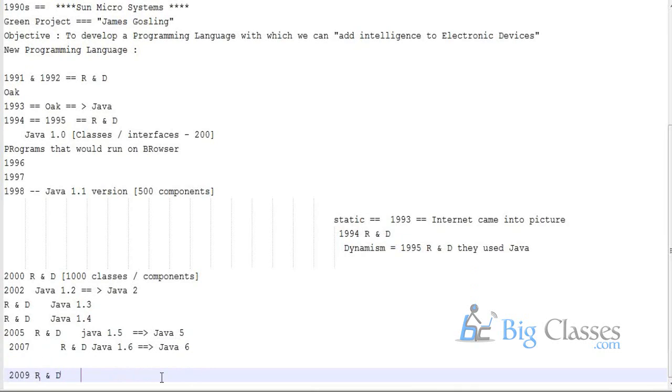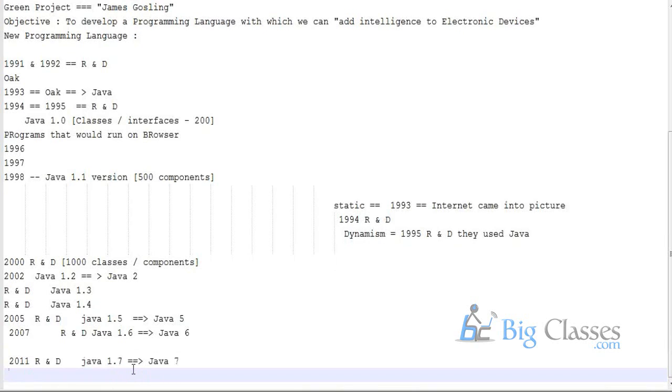In 2009, research and development went on to Java 1.7. Around 2011, Java 1.7 came into the picture. The same Java 1.7 is known as Java 7.